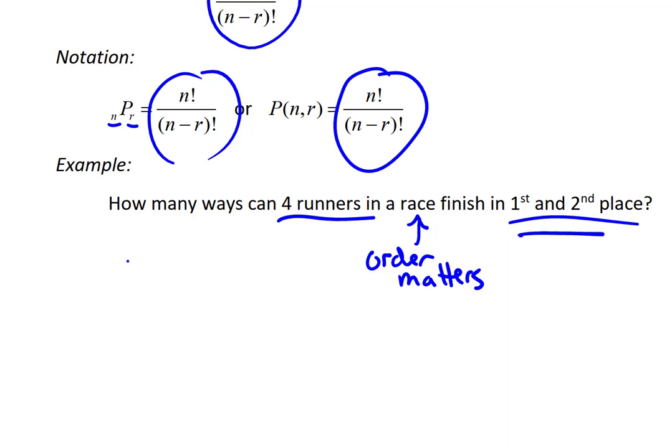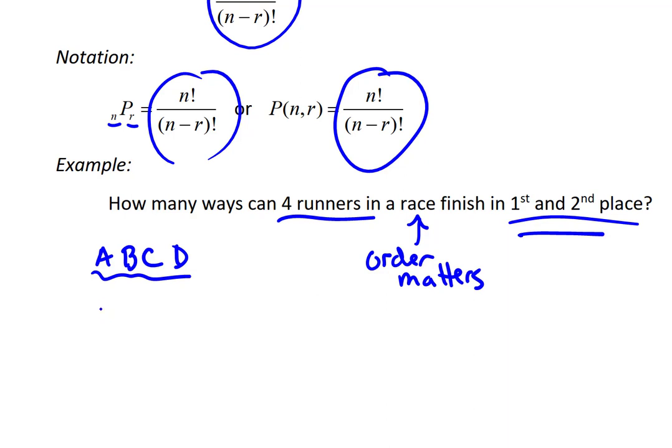So we're going to do this a couple ways. First, I'm going to show all the detail by hand. If I have the letters A, B, C, and D representing my runners, those are just, let's say, 4 different people, then we want to know how many ways can those options or those runners finish in first and second place. Let's write out all the combinations by hand first and then see how this might fit with the definition